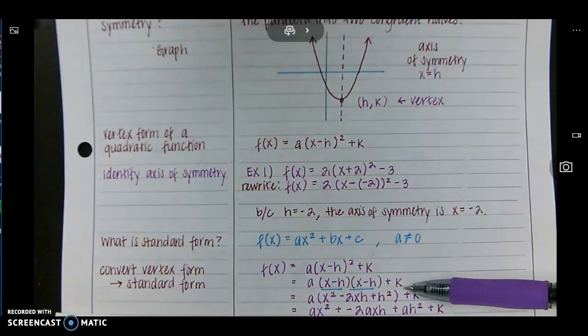You'll multiply that out, and then you'll just bring the k down at the bottom. You'll just attach that to the bottom, because you're not going to multiply a times k, because k is not included in the parentheses. So that's why you just bring it down. Okay? All right? And ultimately, standard form is written